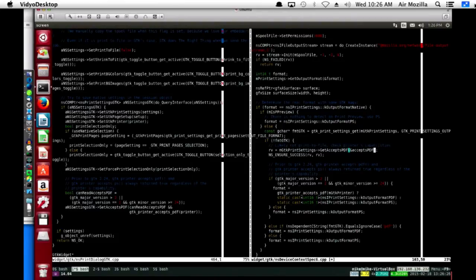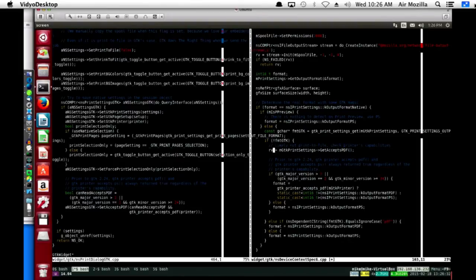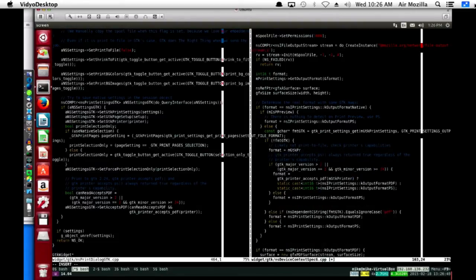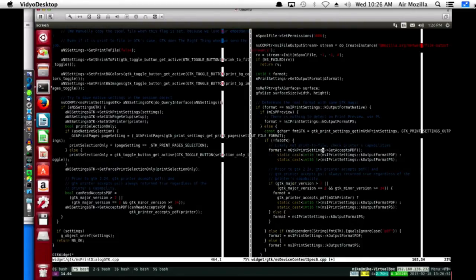I can just do this. So that's actually quite nice. I can just do if format equals that, and I can copy this. Whoops. My Vim foo is not amazing. So I think that'll work.